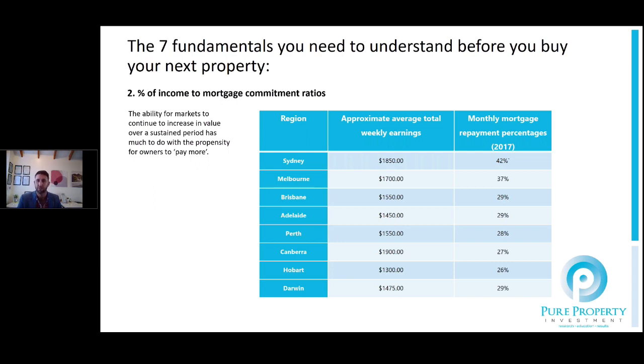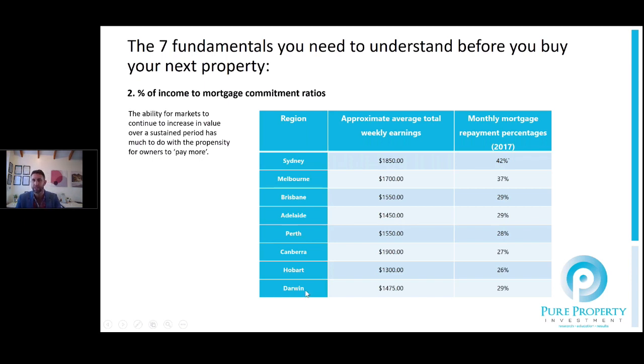But if we look a little bit further down that list, Brisbane, Adelaide, Perth, probably obviously quite cheap. They've still got some relatively high incomes in there, but areas such as Canberra, which has the strongest income in the country on a per capita basis, and to a lesser extent Hobart and Darwin, which also have quite strong income per capita. There's still some room and flex in each one of those markets.